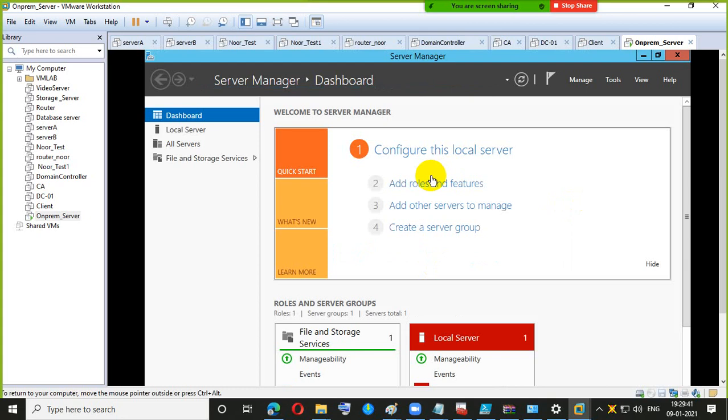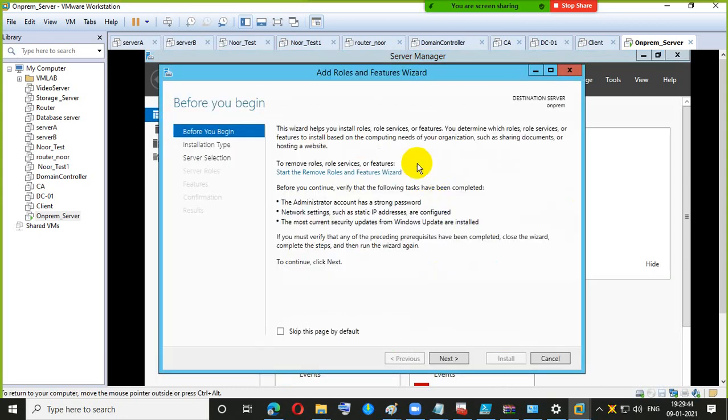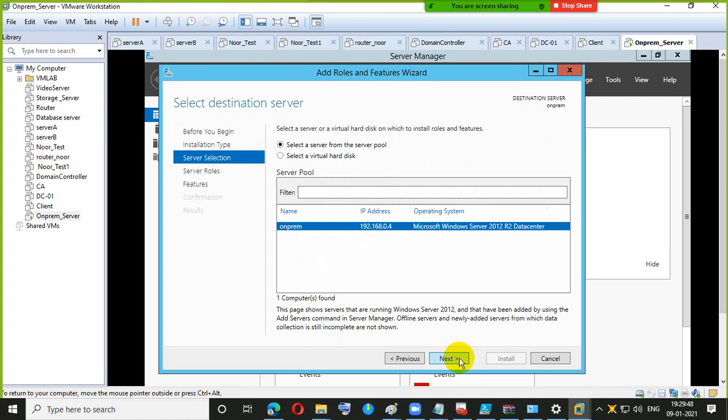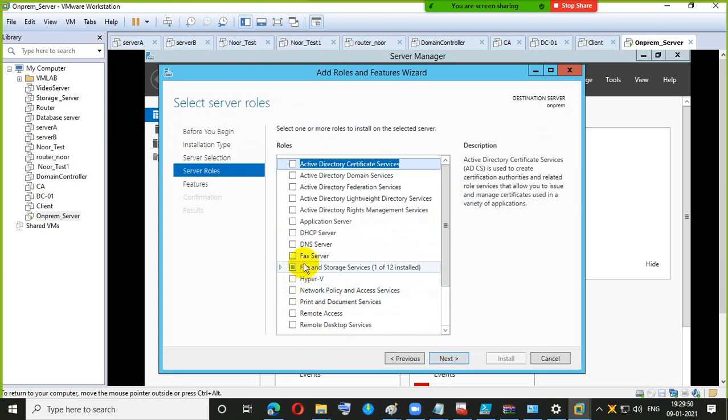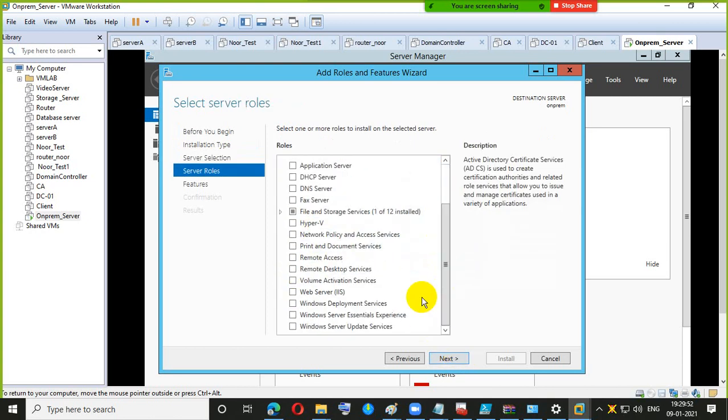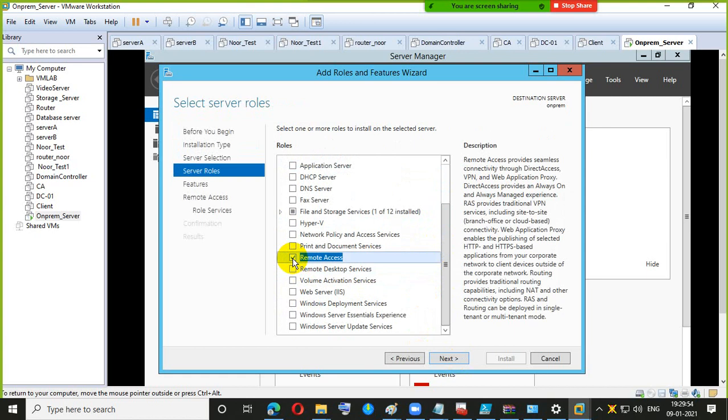Now I have to go to add roles and features. Next, next, and you have to select Remote Access.